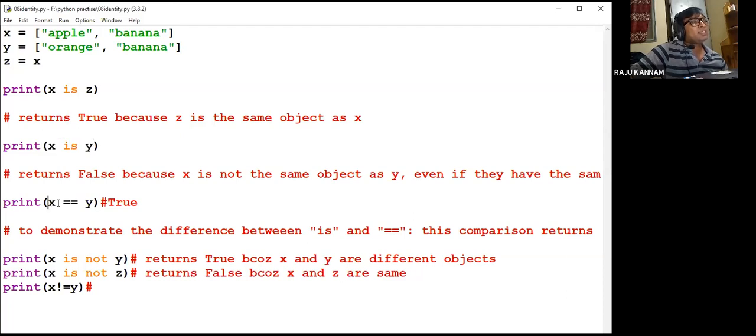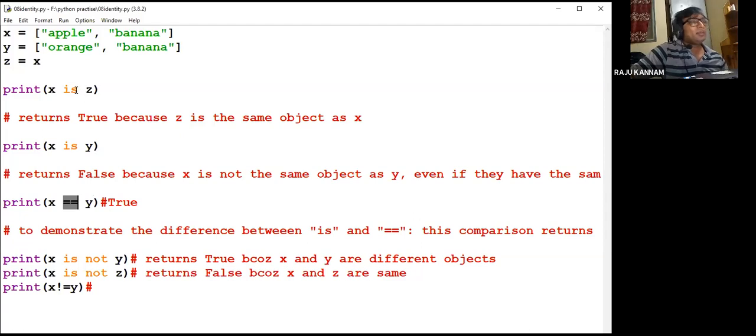And here we are comparing. This is not identity operator. This is comparative operator, what we have discussed, right? So here we are testing the value of X and value of Y. We are not testing whether the objects are same or not. If you mention is, that will check whether the objects are same or not. If you use equal, it will test only the value. It doesn't mind about the objects, whether the same resources it is using or different resources it is using.